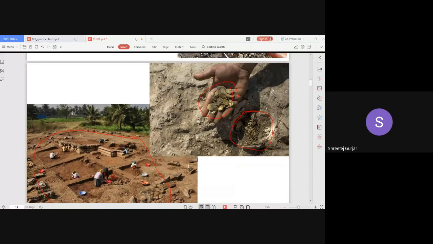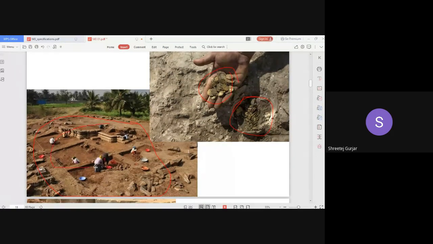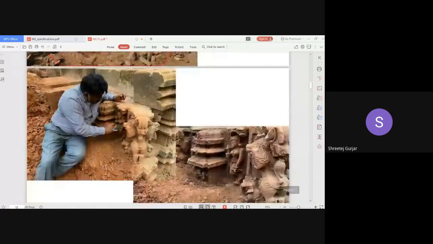Okay, so the case is if you have found something and you have not reported it to the government, you can keep it, right? But if you are excavating and you find ancient remnants on your field or your ground, what do you do? You break it and throw it away? You have to report to the government so that they take care of these remnants, because they are history. They give us an idea of how the people used to be in the previous ages, right? So the archaeology people will come and take care.